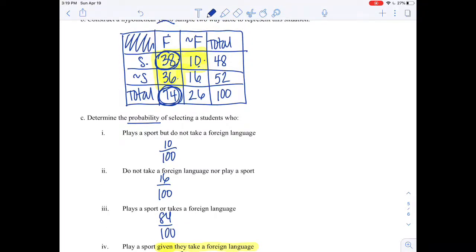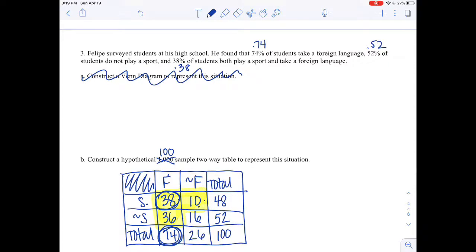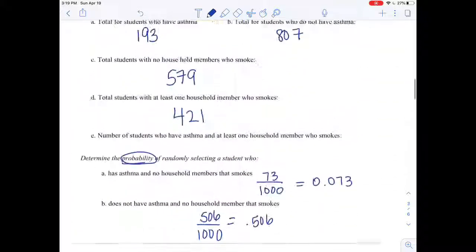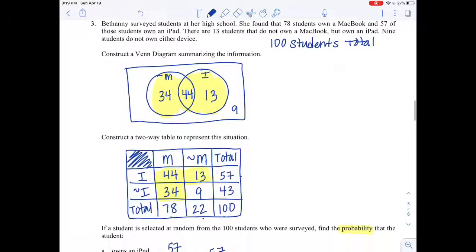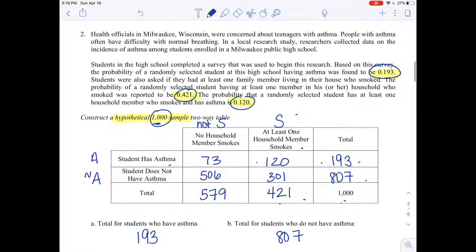Okay, so again, set up the two-way table, fill in the information provided, and then make sure all the columns and rows add up together. You want to do a 100 sample table if things are given to you as percents or as only 2 decimal probabilities, and you want to do a hypothetical 1,000 sample table if things are given to you as 3 decimal probabilities, like you can see in